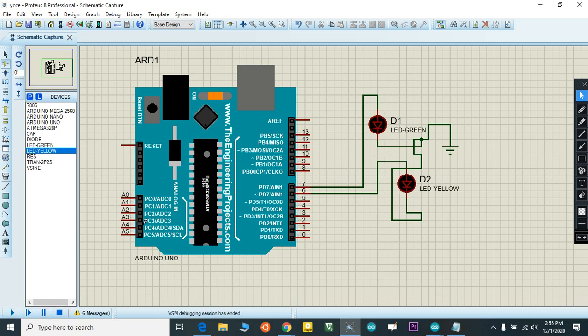Stop simulation first. See, the first green LED will blink, then yellow, then green, then yellow.